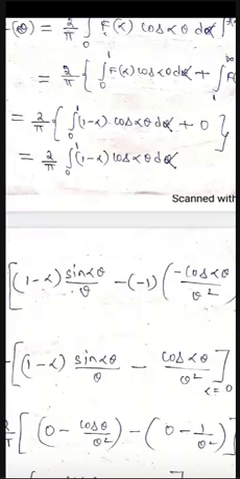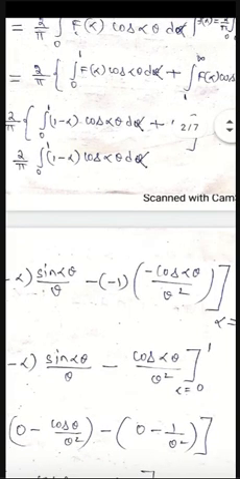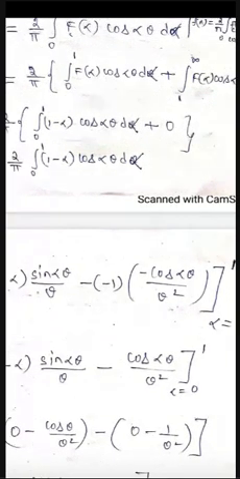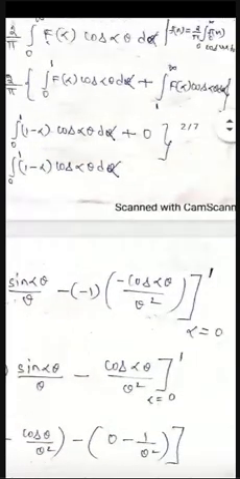First function 1 minus alpha as it is, integration of cos alpha theta is sin alpha theta, theta comes to the denominator. Alternate signs: start with plus sign, next minus sign. Derivative of 1 minus alpha is minus 1. Integration of sin alpha theta is what? Minus cos alpha theta divided by theta square. So apply the limit. What is the limit? 0 to 1. Alpha is from 0 to 1.